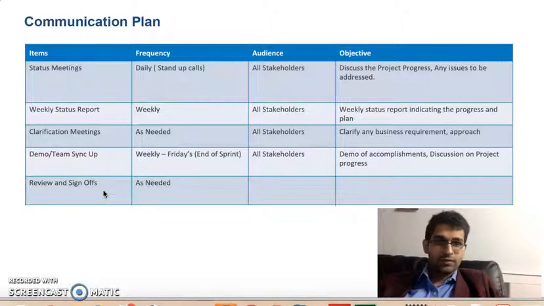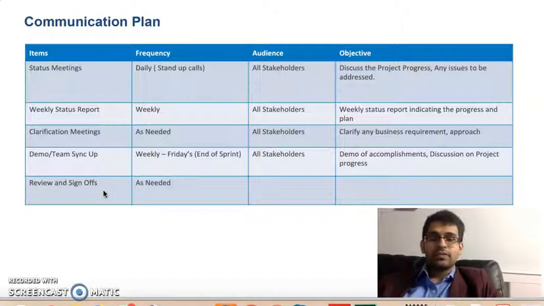It's going to be a 15 minute meeting to go over the current status of the project on a day-to-day basis, and if all stakeholders are present, it will be most appreciated, so that any questions can be resolved during the meeting. Apart from that, we'll have a weekly executive meeting where we'll submit the status of the project to all members involved, and whenever clarifications are needed, we'll set up clarification meetings then and there.